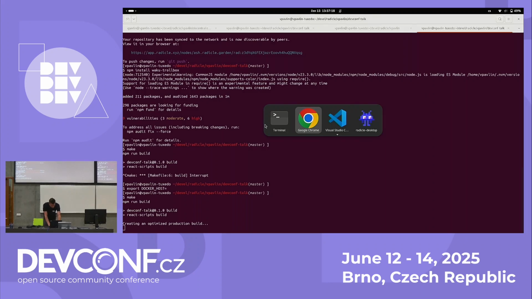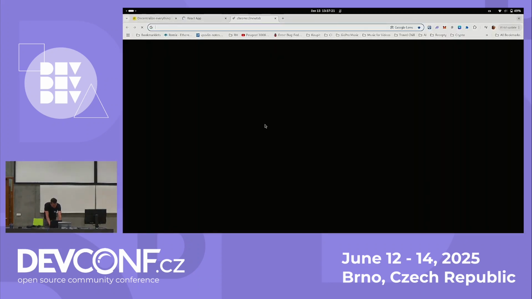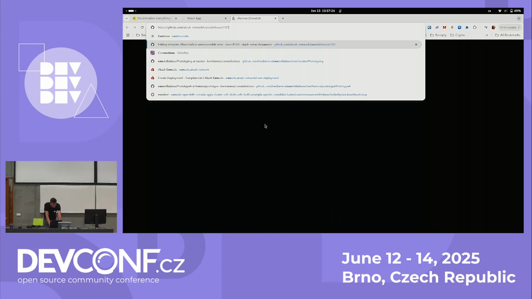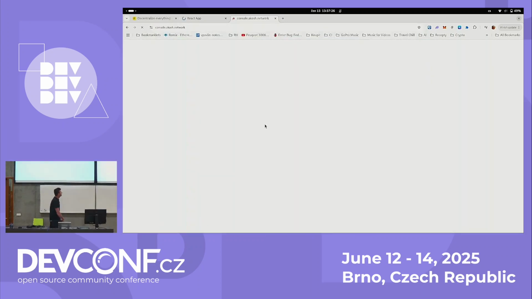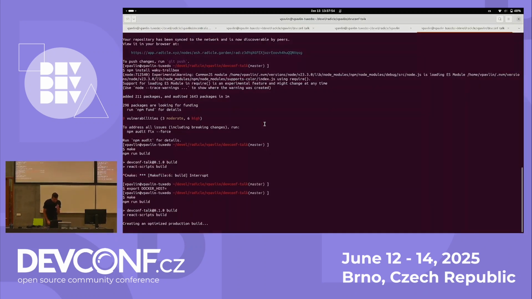So in the meantime, because this doesn't seem like it's going to go anywhere, I'm going to go to the Akash console, and I'm going to show you how it looks, and just show you a working deployment, because, yeah, live demos at a university with a lot of people on the internet. I was like, I'm gonna just use my phone to tether my internet to my laptop, and then I realized I'm underground, so I don't have any internet on my phone either. Oh man, this is bad.